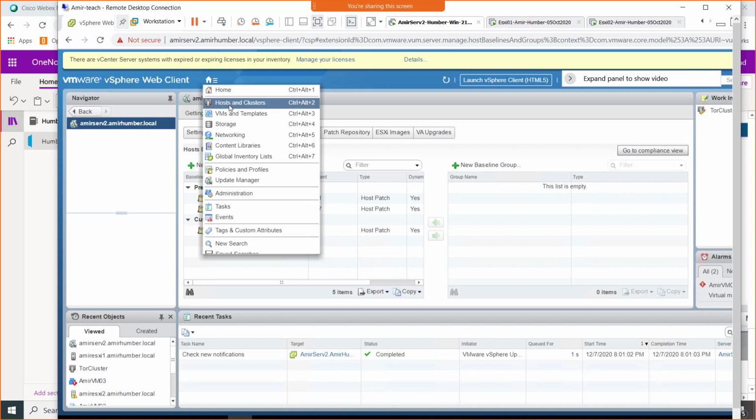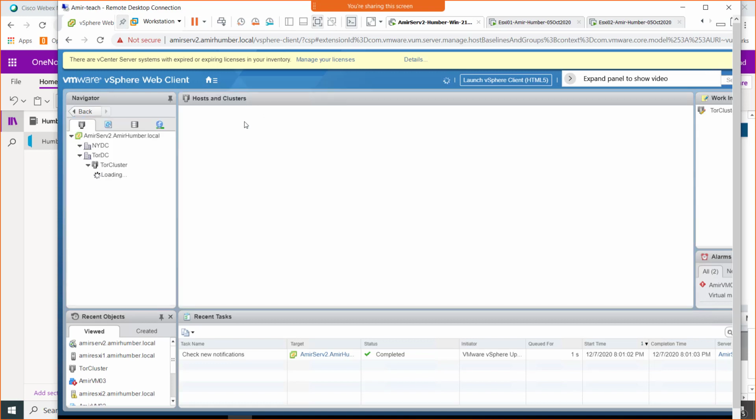And we need to select ghosts and clusters because of the recent Halloween events. So it will be ghosts and clusters for a few weeks. After that, it will come back to hosts and clusters. So let's go to ghosts and clusters.